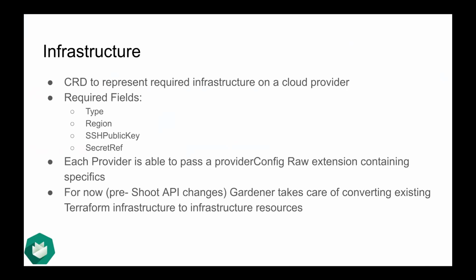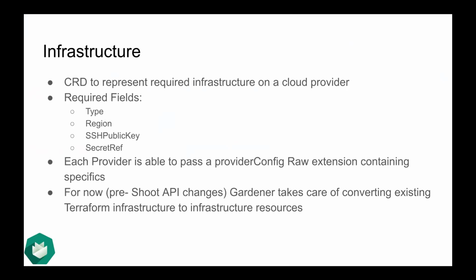Since you see that this is basically not enough to represent all provider specifics, each provider is also able to provide a provider config raw extension containing its specifics. And if you're asking yourself now, who's creating this infrastructure resource right now in our seeds? For now, before we change our shoot API, the Gardener takes care of converting the existing Terraform infrastructures to the new infrastructure resources. But as part of the general extensibility, we will also have to think about how we can